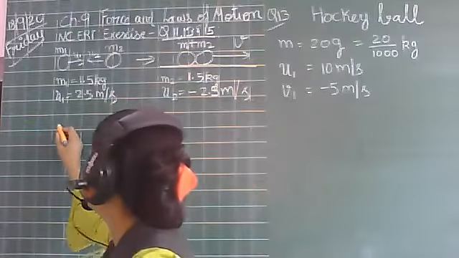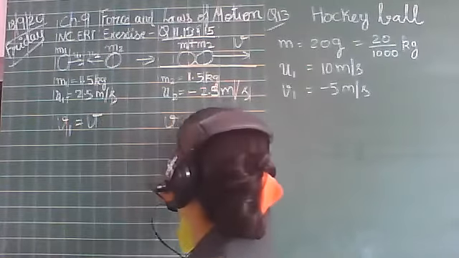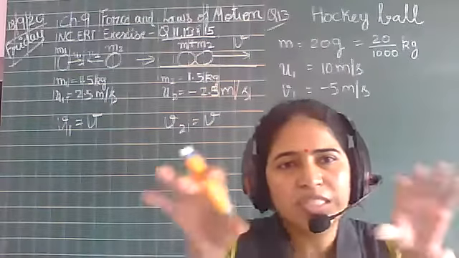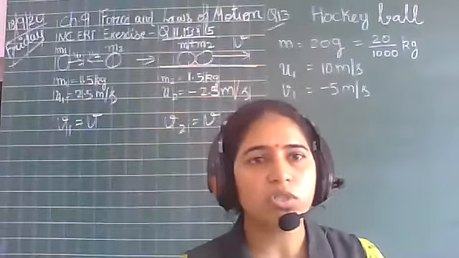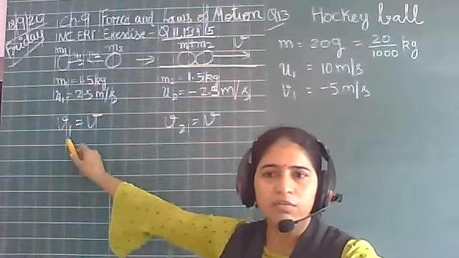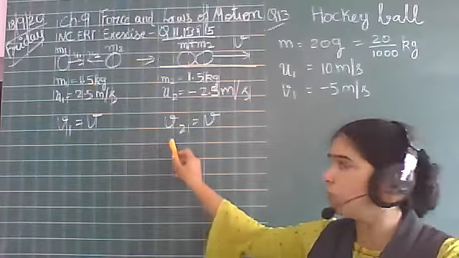Now final velocity v1 is also equals to v, and v2 velocity is also equals to v, because finally they are going to stick together and they are moving together, they are going together, right? So the velocities are same. So here I have written that final velocity v1 of object 1 is v, final velocity of object 2